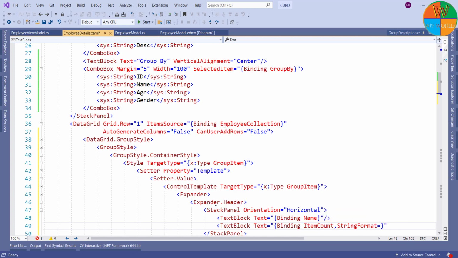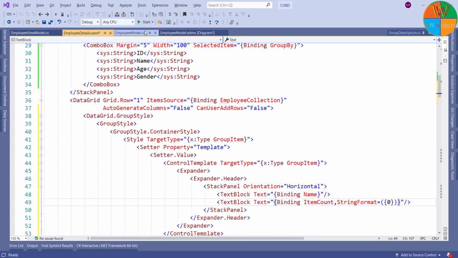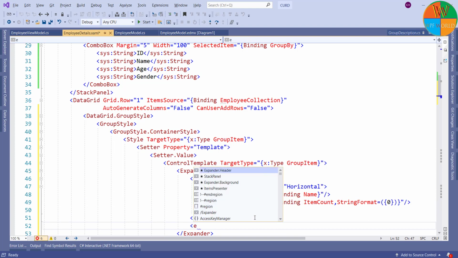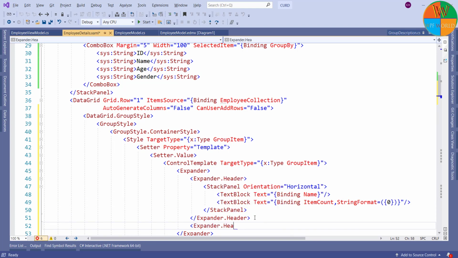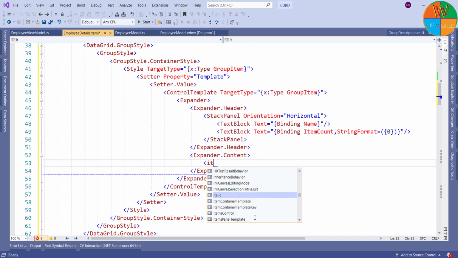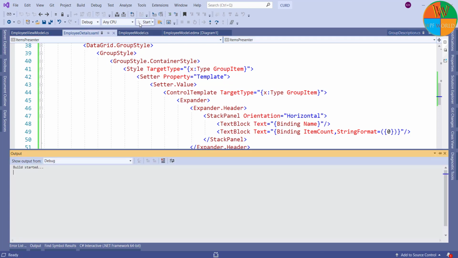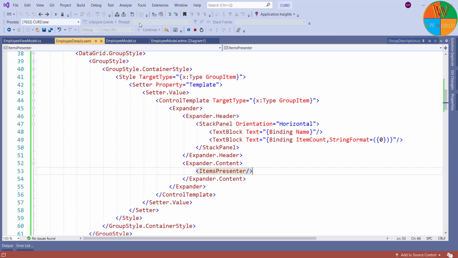Here I want to show the count inside brackets, so I will use the StringFormat here. Now let's run it and see the result.